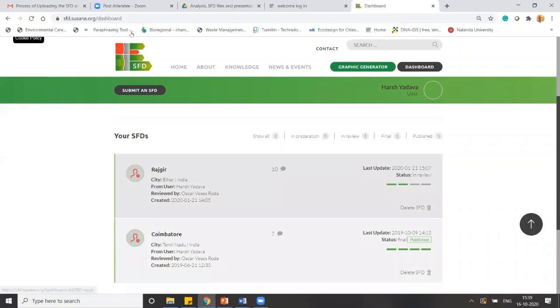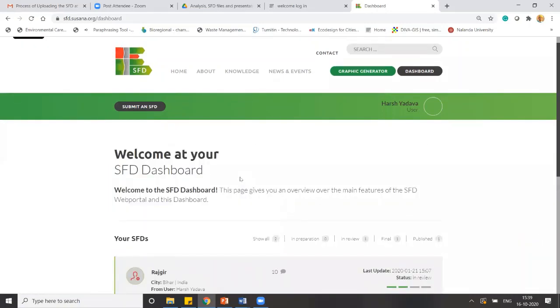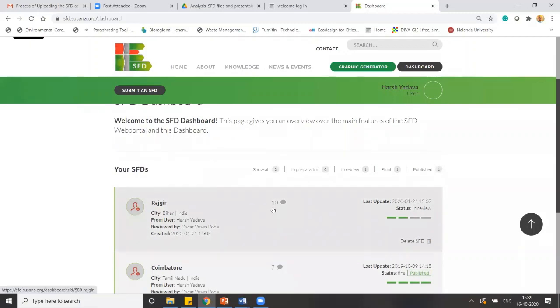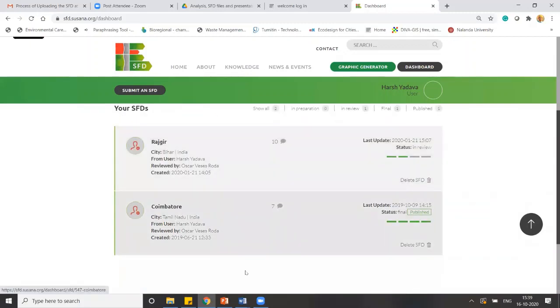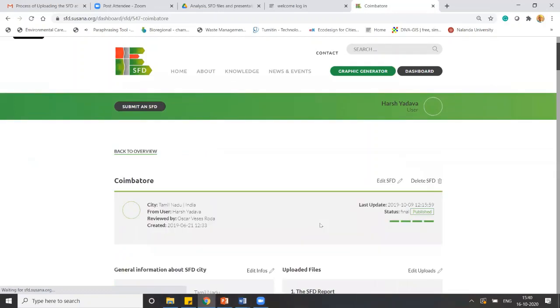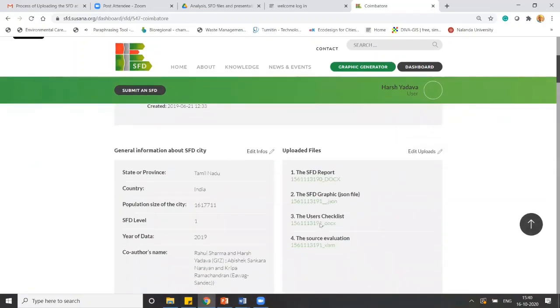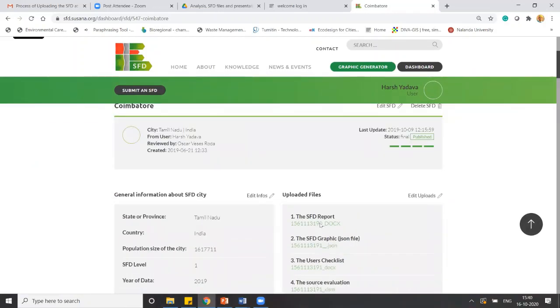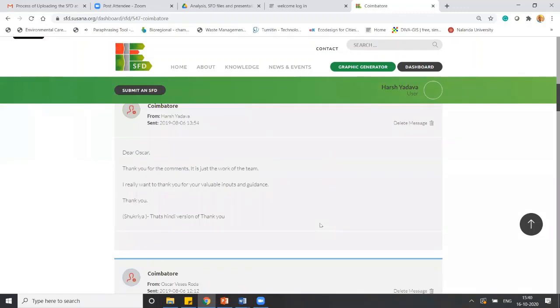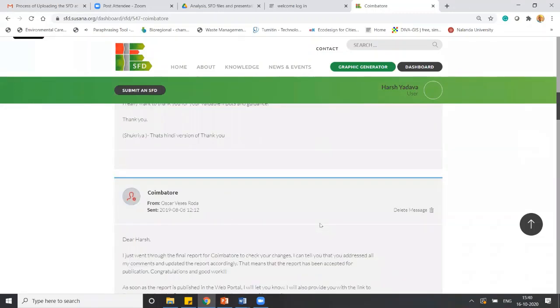You can also see here how this process goes on. There is a series of conversation that happens between the reviewer and the submitter. You can show the chat also. So if I tell you, when the reviewer sees your SFD, they'll give you basic comments on the SFD.